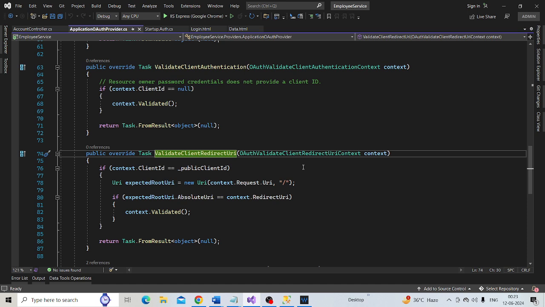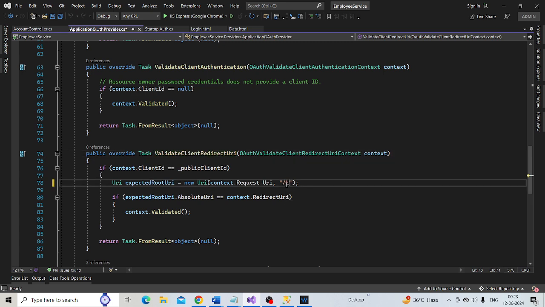So again, here the redirection URI is specified as the root of our application. Instead of that, I am actually going to redirect the user back to our application's login.html page.